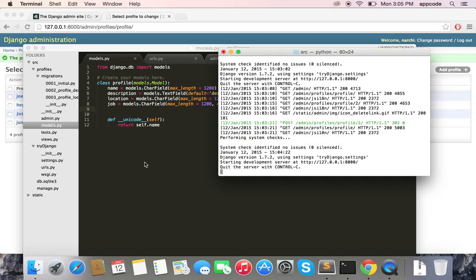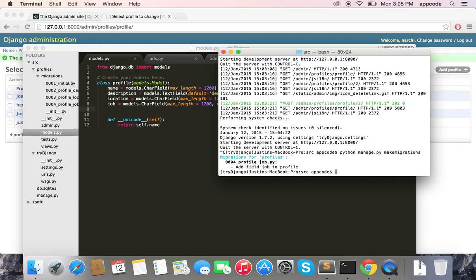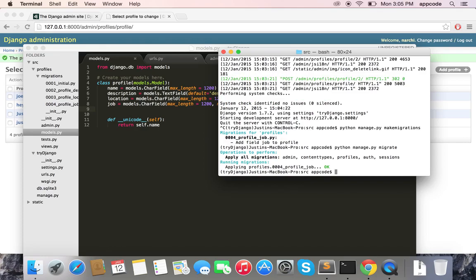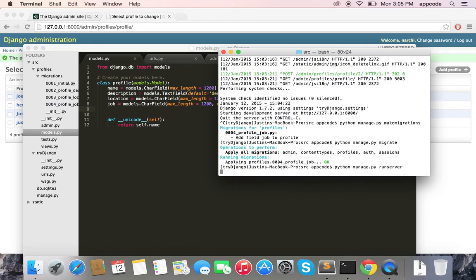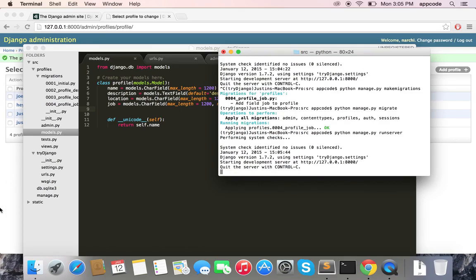So make sure you've saved models.py, open terminal, and quit the server with Control-C like it says, and run python manage.py makemigrations. I get no migration error. Like I said, this is because the job field has null equals true. Remember, null equals true means that the job field can be blank in the database, so it doesn't need to have a default value. Now run python manage.py migrate. Run the server, python manage.py runserver,